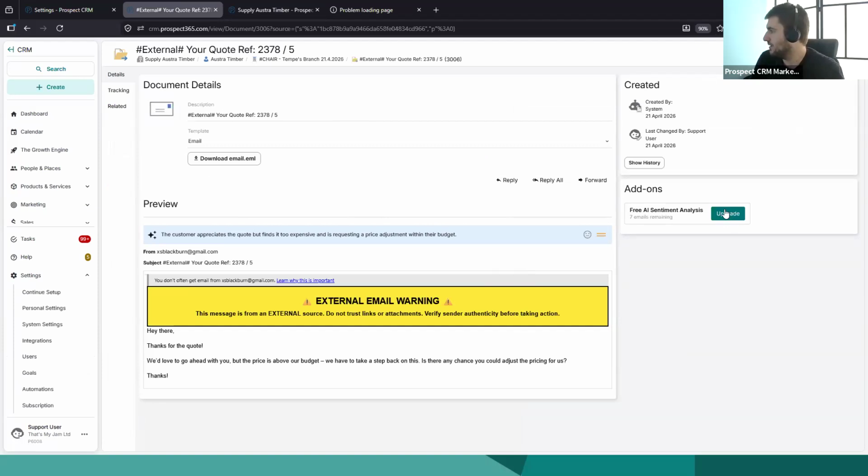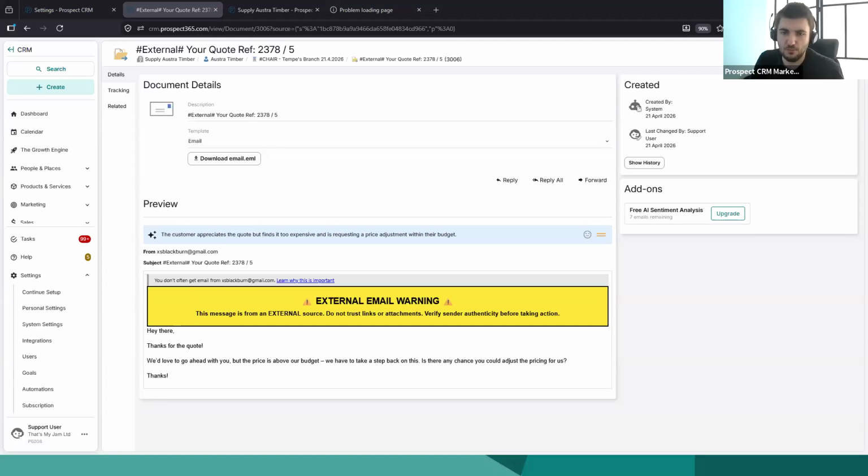And then you can click this upgrade feature here, which will take you to a page to look at the other options for plans to have an additional amount of emails that you can analyze per month, which is an additional cost, as it's a cost for us to call the OpenAI API to do that. These are the main features within the CRM that we can do for using AI,